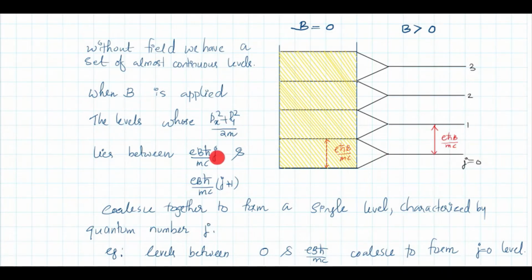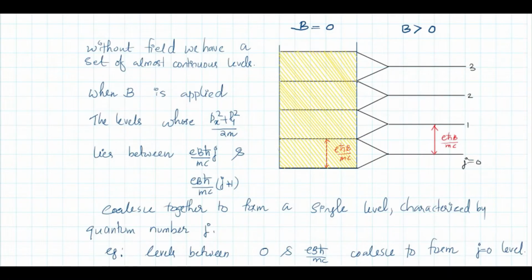If you put J equal to 1 here, it means that the levels from EBħ/mc to 2EBħ/mc coalesce together to form a single level with J equal to 1, and so on. So this set of levels coalesce together to form a single level. This set of levels coalesce together to form a single level, and so on. Okay. Now,